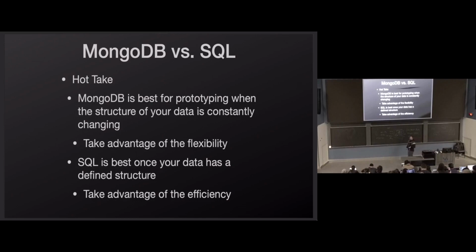MongoDB is great for prototyping, especially when you don't know the structure of your data yet. If you don't even know what the structure is for your data, why do you want a database that's going to enforce your structure that's going to change in a week because you're rapidly prototyping out new stuff? So use MongoDB when you're rapidly prototyping, which is what you're going to do this whole course. You're going to be writing your homework assignment. Your schemas are going to be changing constantly. The way you represent your data in your database will be changing constantly.